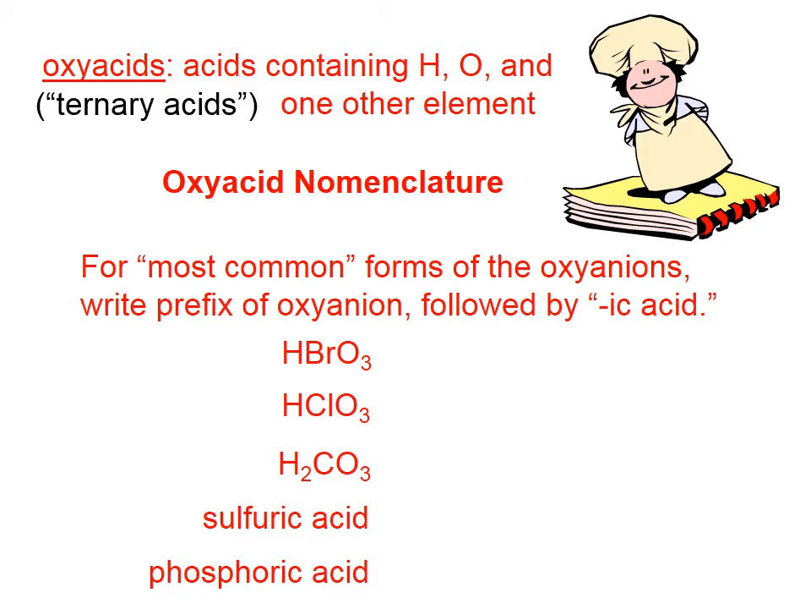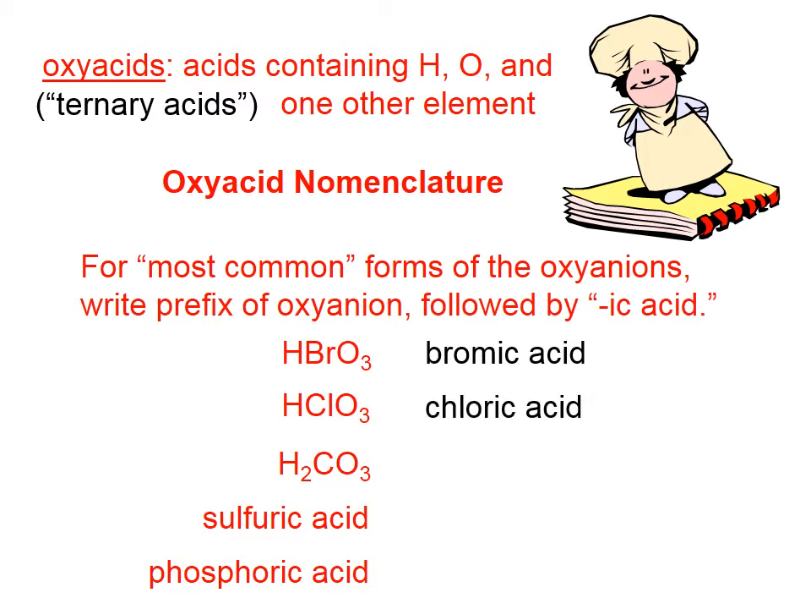We have in this first example the bromate ion. In the second example, the chlorate ion. In the third example, the carbonate ion. So, for the most common forms, which is what we're going to have here, we're going to write the prefix of the oxyanion followed by ic acid. The oxyanion is the bromate ion, so the prefix of that would be brom, and then we say ic acid. For the next oxyanion, that's called the chlorate ion, so we need to write its prefix and say ic acid,